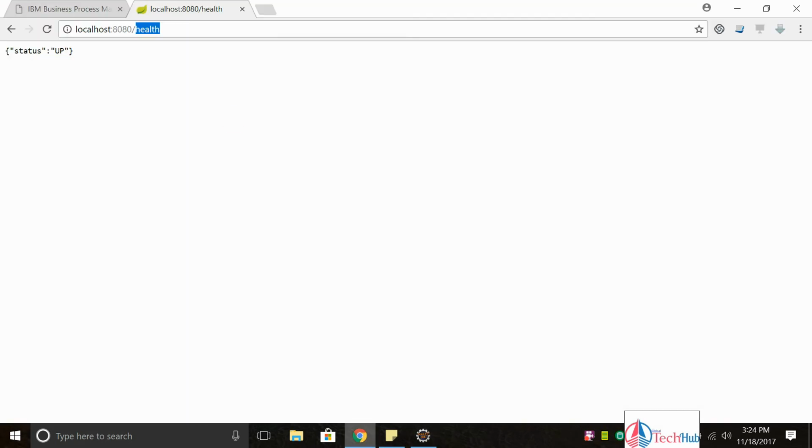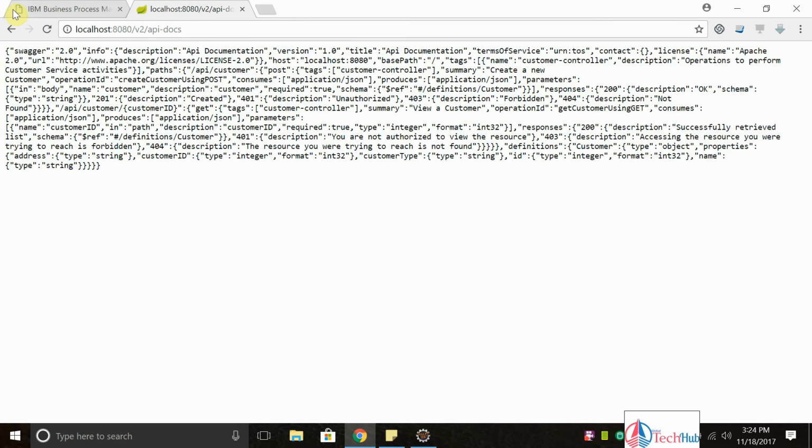Let's see how the Swagger is shown here. When you access this URL v2 api-docs, it shows the Swagger definition. This Swagger definition contains the service details